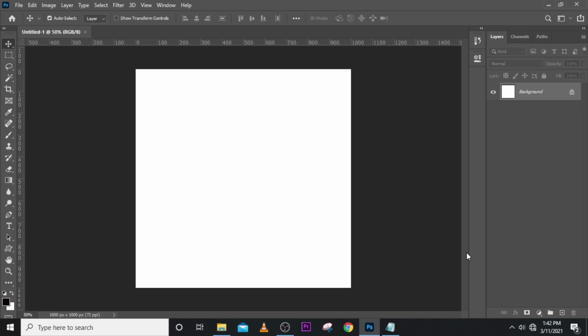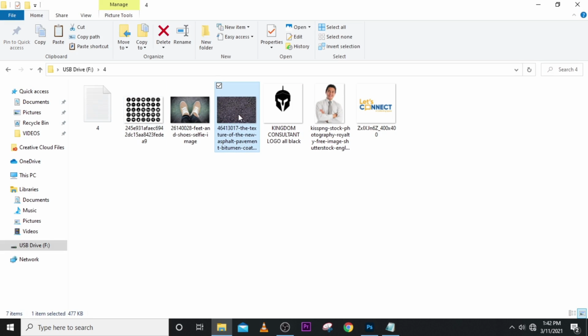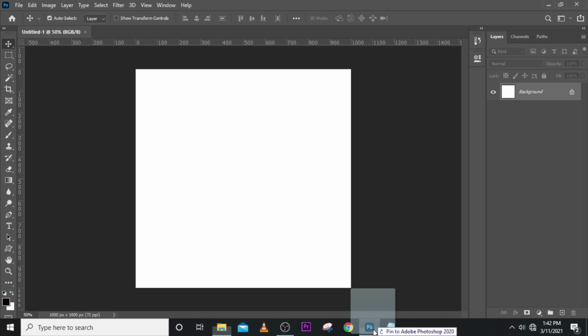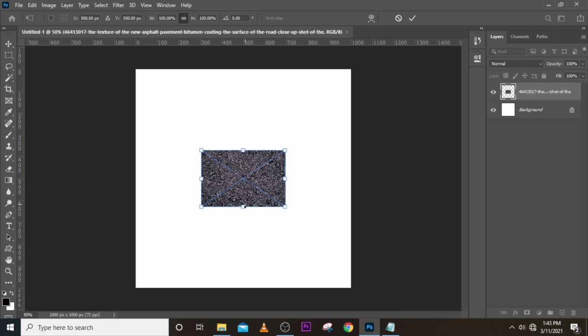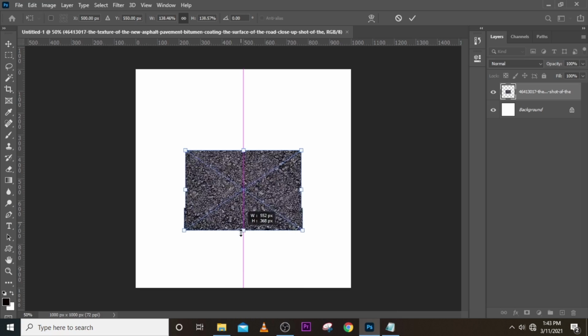Now if you have been following my tutorial, you realize that the first thing I do is always create my background. The background is very important, so you pick this one. I'll leave a link to all these resources in the description for you to use. If you're using Photoshop CC 2020, just click here and drag it down,